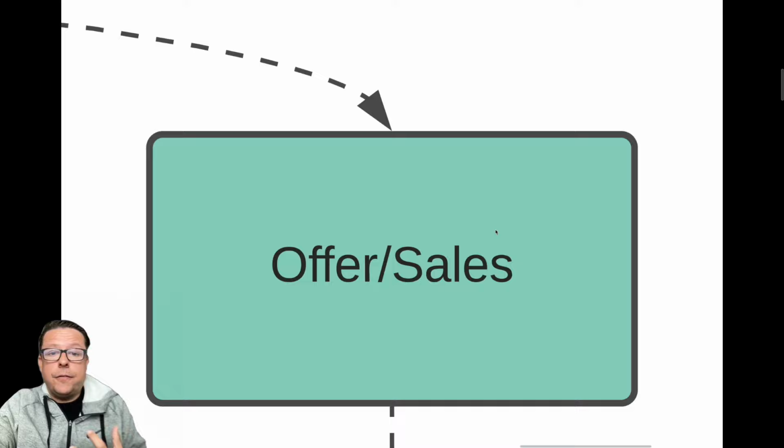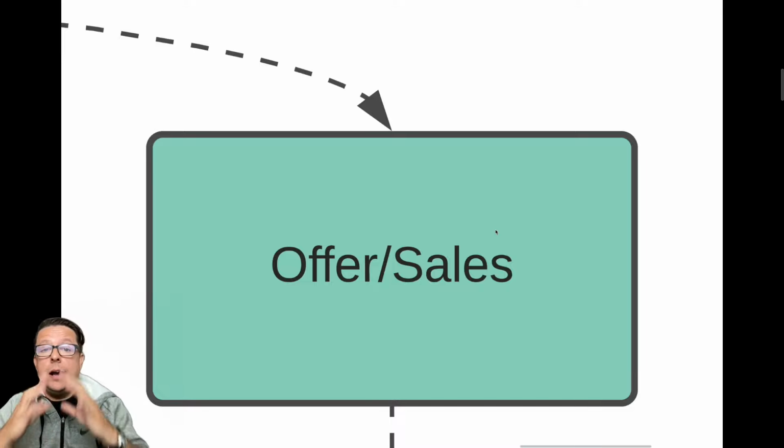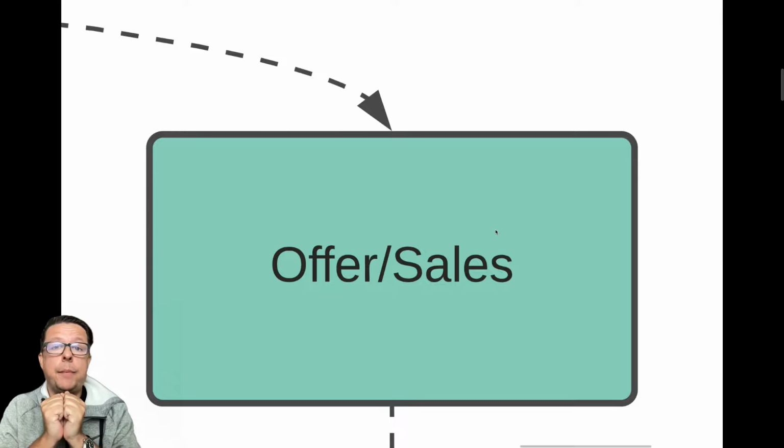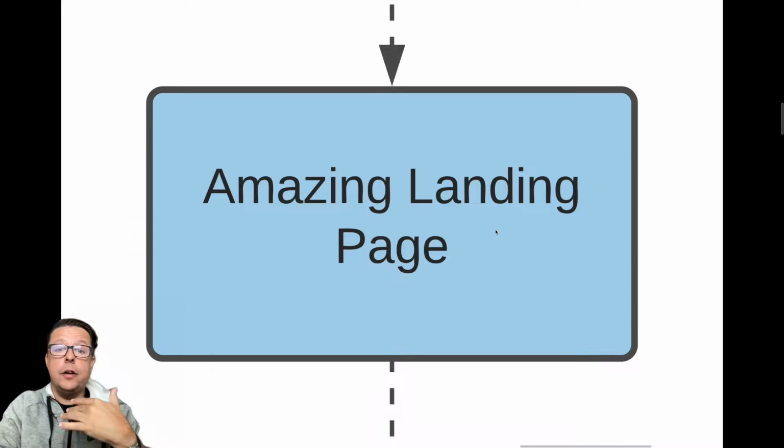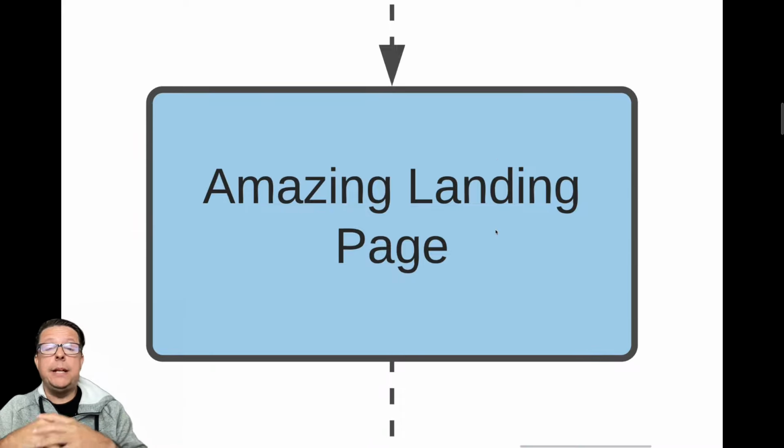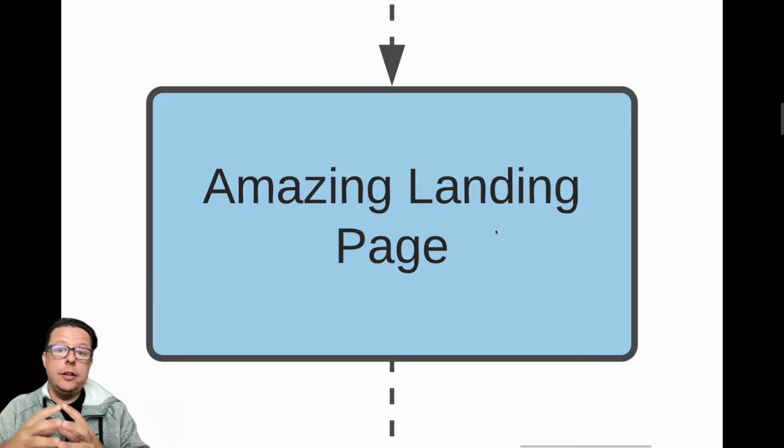And then speaking of offer and sales, if you get everything right on Google, you can still fall apart here. I've come into many campaigns where everything was right on one side, but this falls apart. For instance, amazing landing pages. These don't mean super graphical or incredibly complex. This just means, like an ad, does your audience member immediately understand the offer and what to do next? You'd be shocked at how many don't, or how many are not mobile friendly, don't have correct core web vitals, so many critical issues that are just not in place.